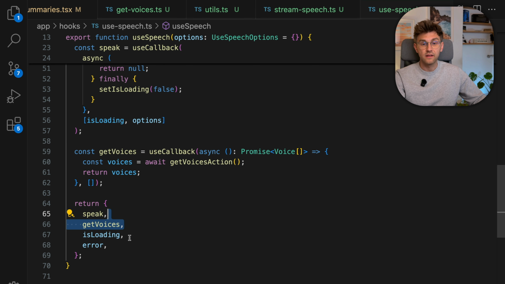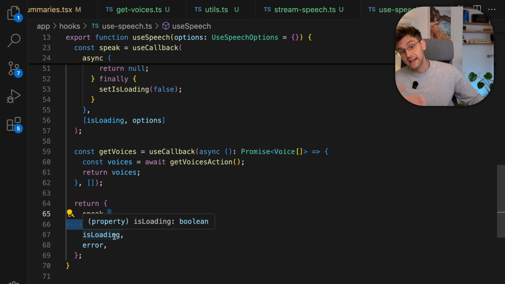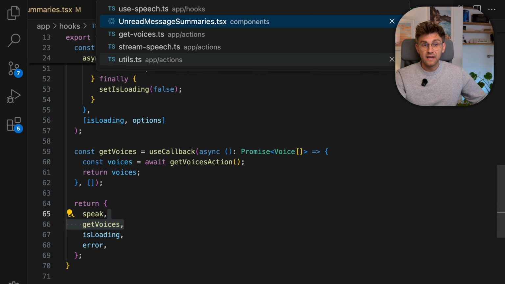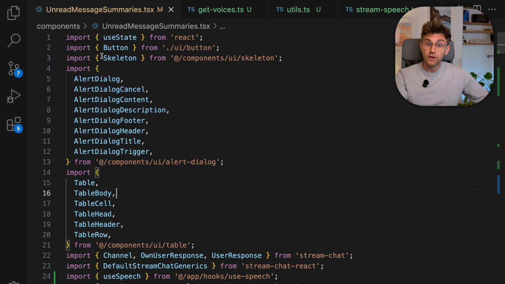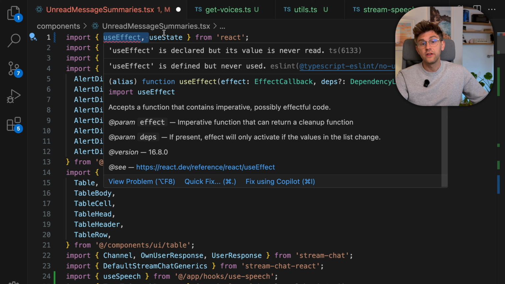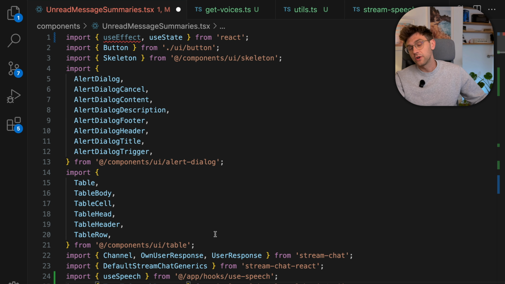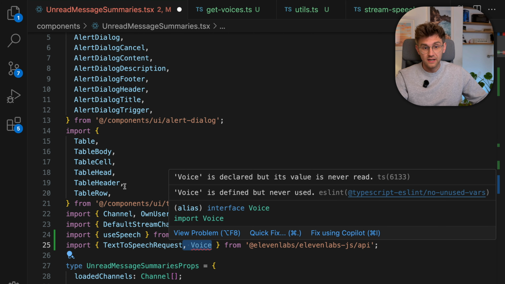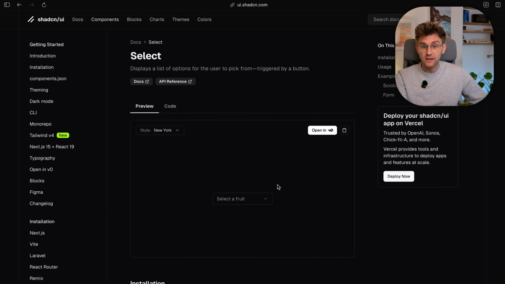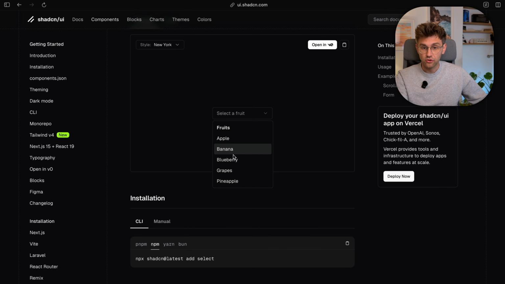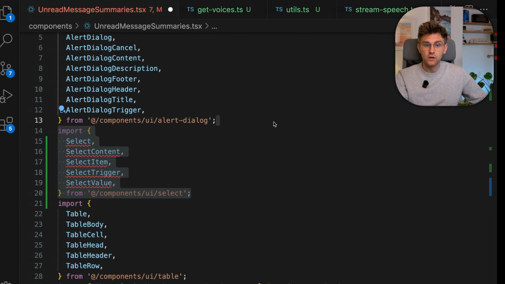And we need to add this at the bottom here so that we can import it inside our component. So let's jump back to the unread message summaries component, and let's start by importing a few more things. First, we want to use a useEffect hook to load the voices whenever the component gets mounted. And then we also need to import the voice object as well as the select component, which, as you can see here, is a shadcn component which has a drop-down of things we can select, which is exactly what we want to do. So we can use this